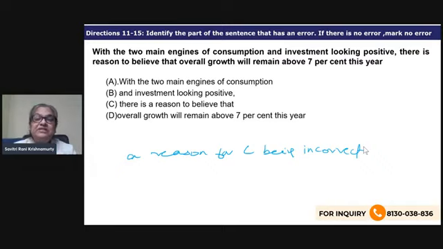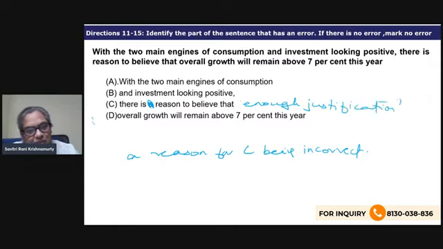A reason means one reason. There is reason means enough justification. So here we are not talking about one reason. Here we are using reason to make sense: there is enough justification to believe. All right. Okay,